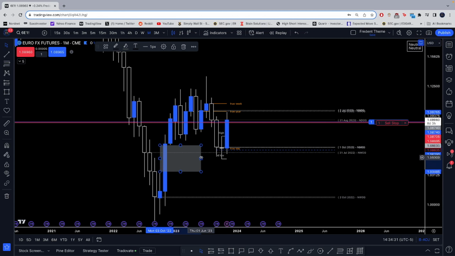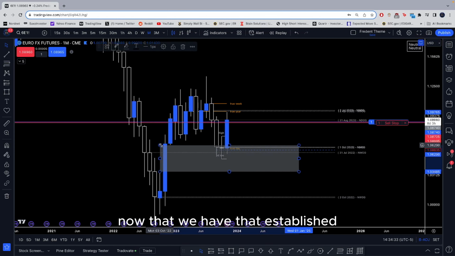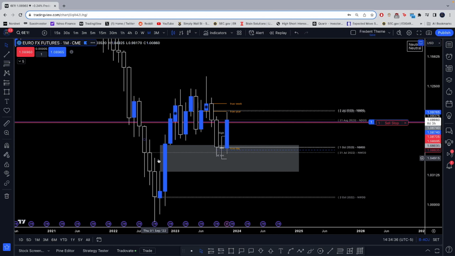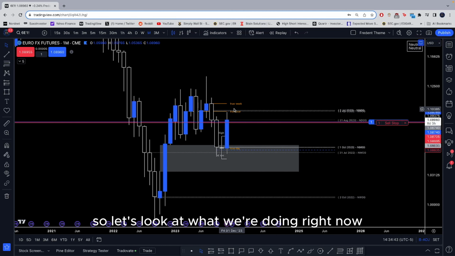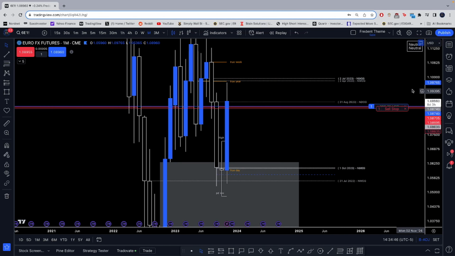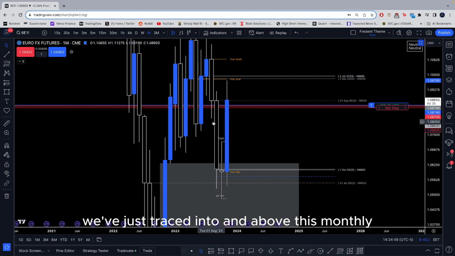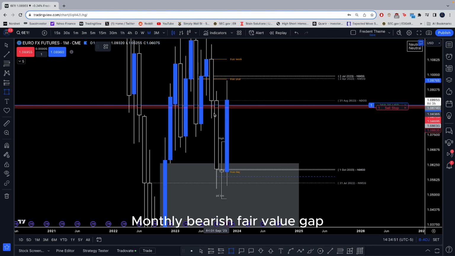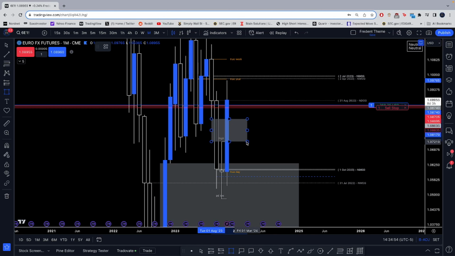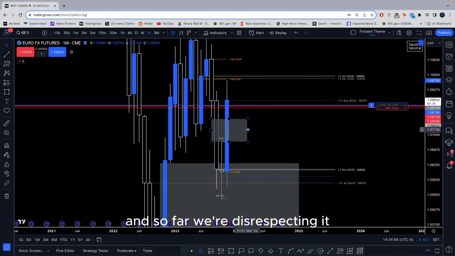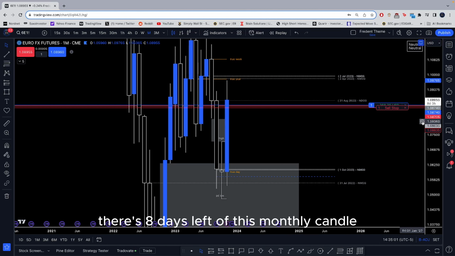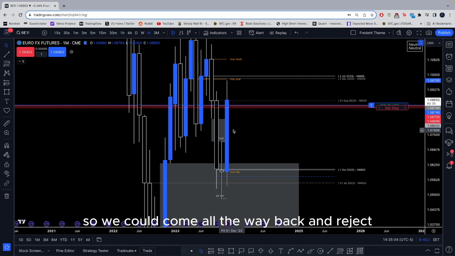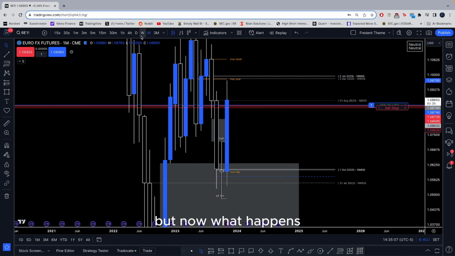So now that we have that established, we are bouncing off of this, all right? So let's look at what we're doing right now. Right now, we've just traded into and above this monthly bearish fair value gap, and so far we're disrespecting it. Now, there's 8 days left of this monthly candle, so we could come all the way back and reject, but now